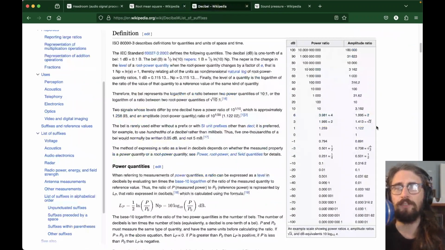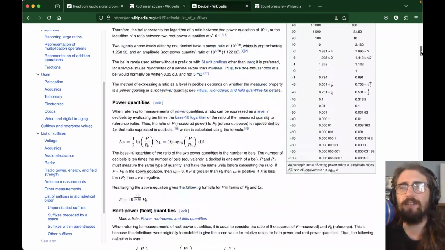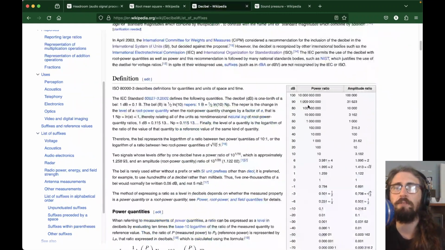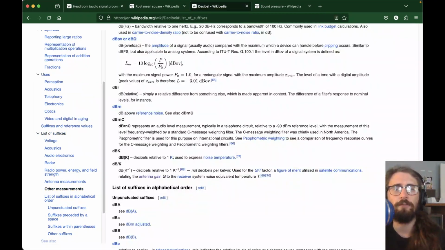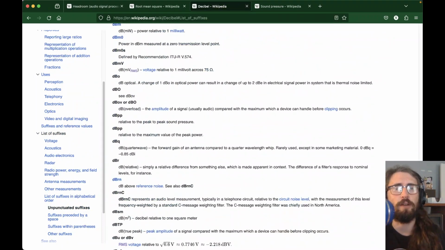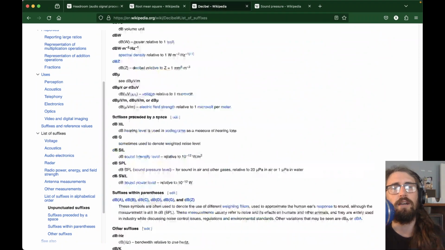And then I also wanted to go over here and discuss how silly the decibel is, but really all it is is the power ratio versus the amplitude ratio. Just remembering that the decibel has those two different interpretations, depending on whether you're talking about a power ratio or an amplitude ratio. That is what I'm trying to say. And all the different variations of decibels, depending on your reference value, can drive somebody crazy. But